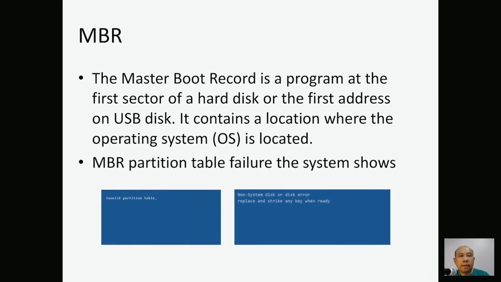The master boot record is a location at the first sector, the first location on the USB disk or solid state drive, that contains a pointer to another location where the operating system is. Some systems have two or three operating systems. The master boot record acts like a selector to select which operating system boots or loads